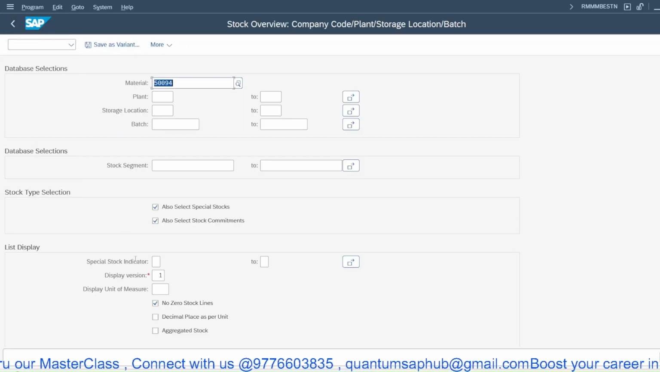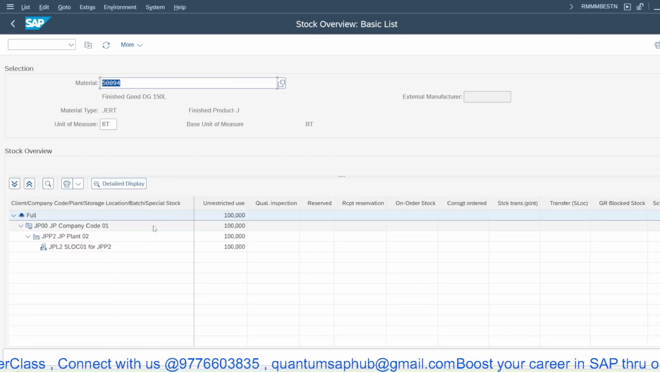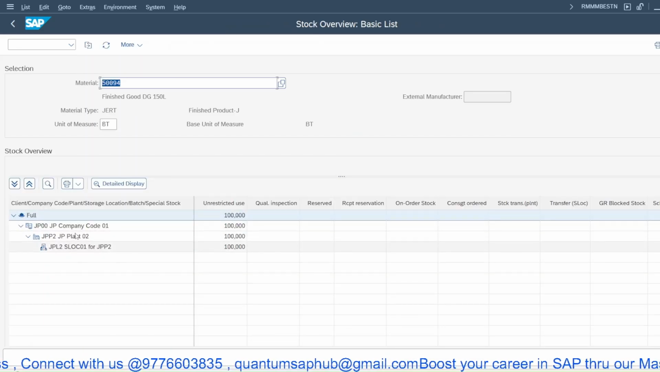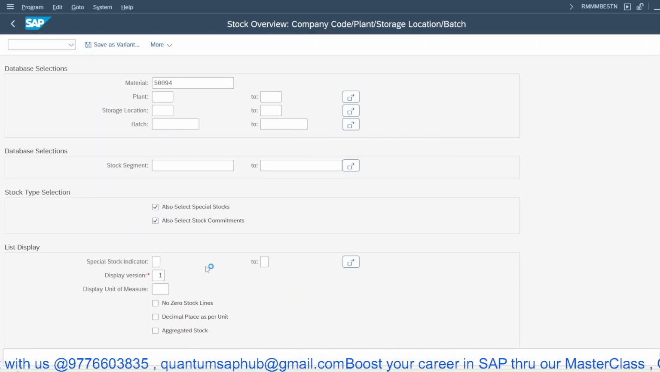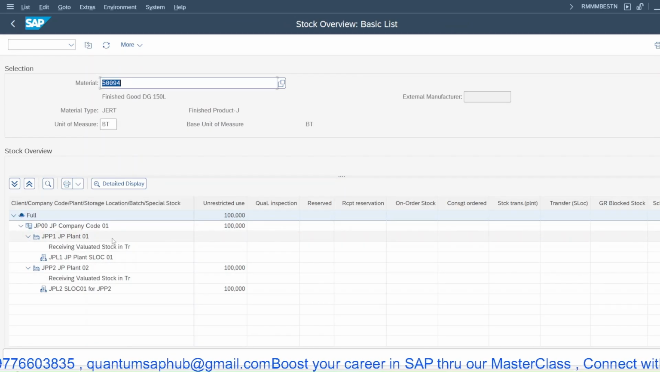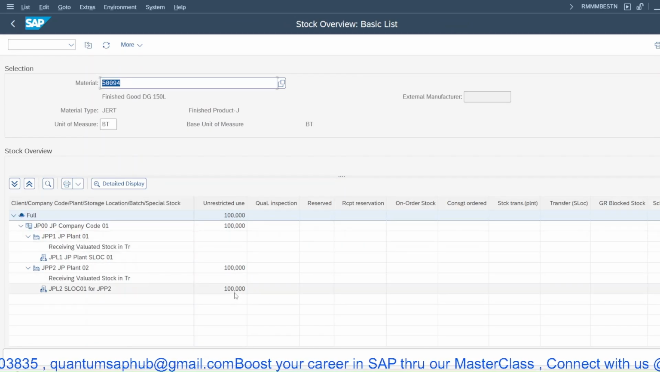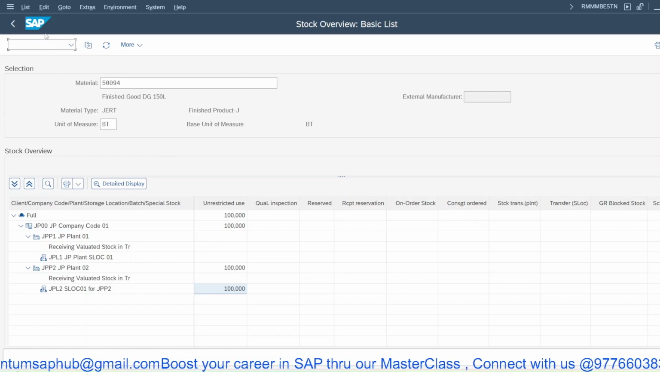I can see this execute. So I can see this stock is there for JPP2, but in JPP1 it is not there. So I have two plants for this material. One is not there, another is there, 100 is there. So my point is,